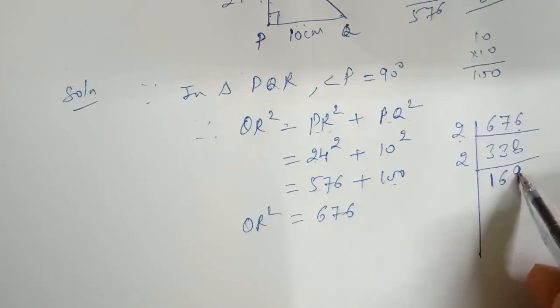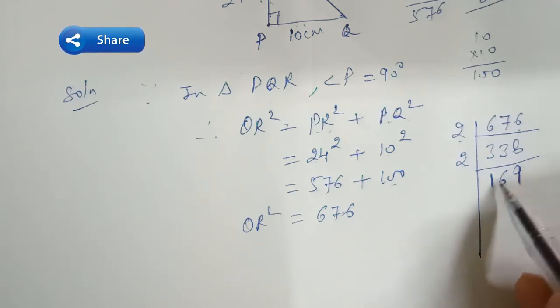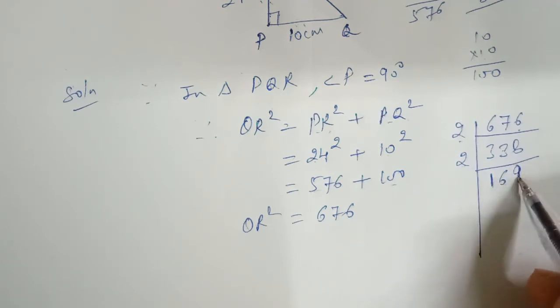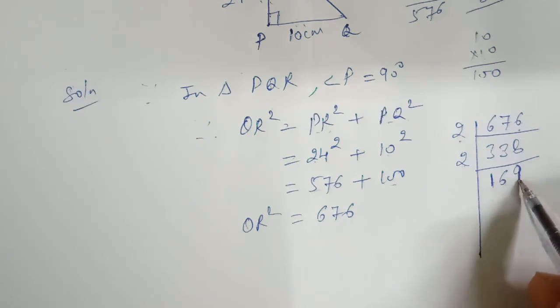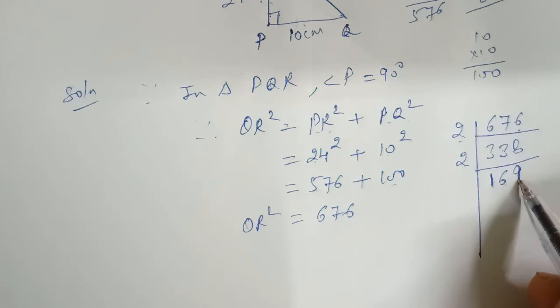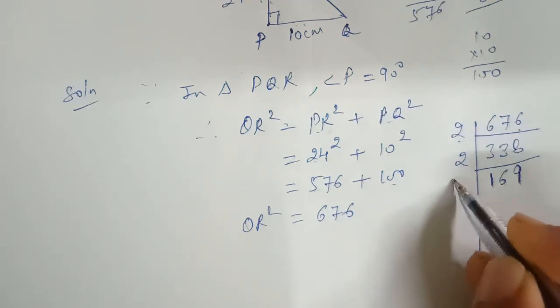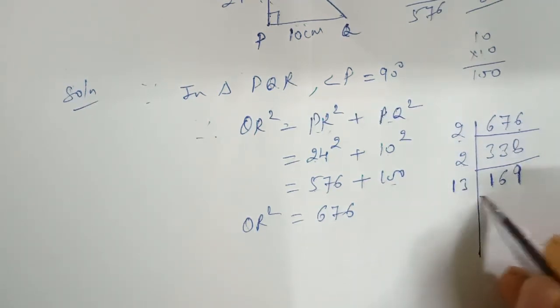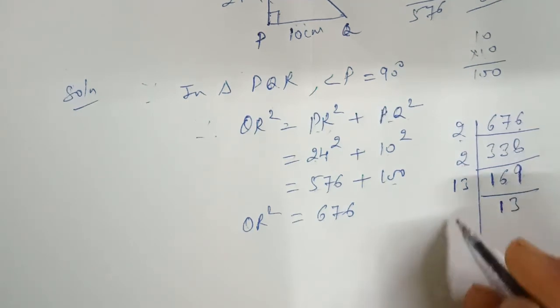What we can do is check whether it is divisible by 3 or not. For that, add all the digits. 9 plus 1 is 10, 10 plus 6 is 16. So after adding all three digits we get 16, and we know that 16 does not come in the table of 3, so it cannot be divisible by 3. With the table of 9 also it cannot be divisible. Then we have to think by what table it can be divisible. So we get 13. 13 1 is 13, 3 is left, 39, 13 3 is 39.